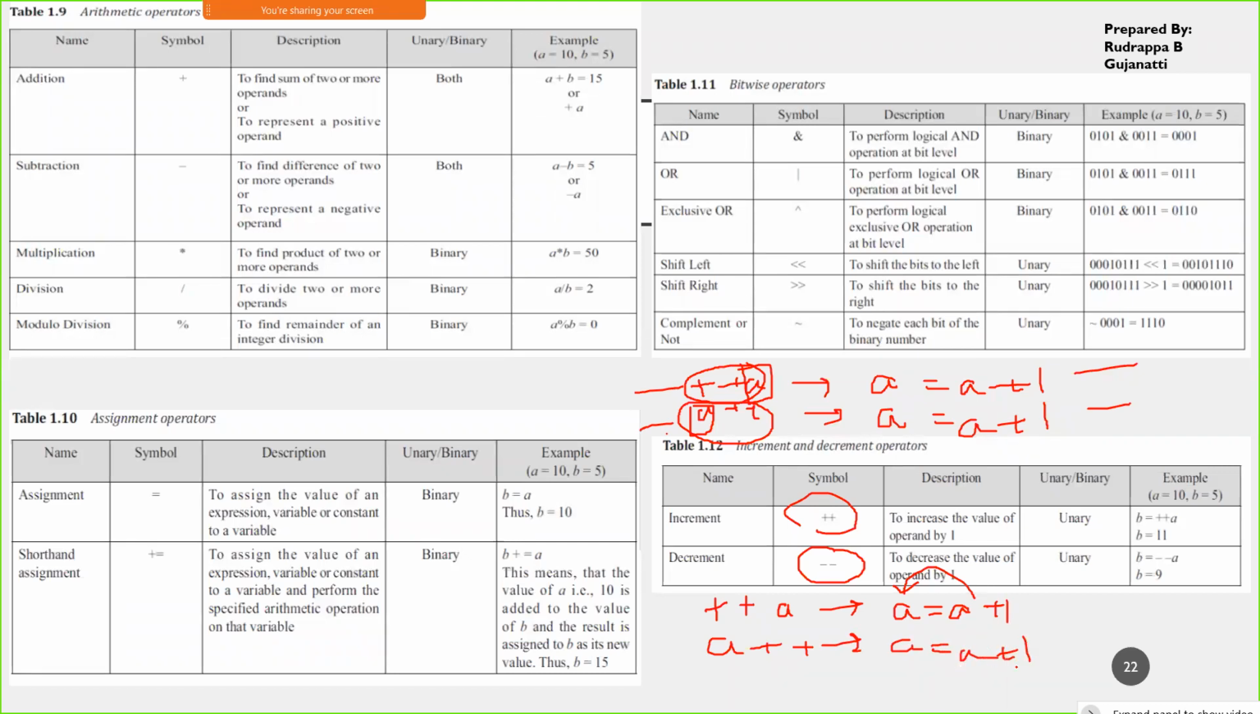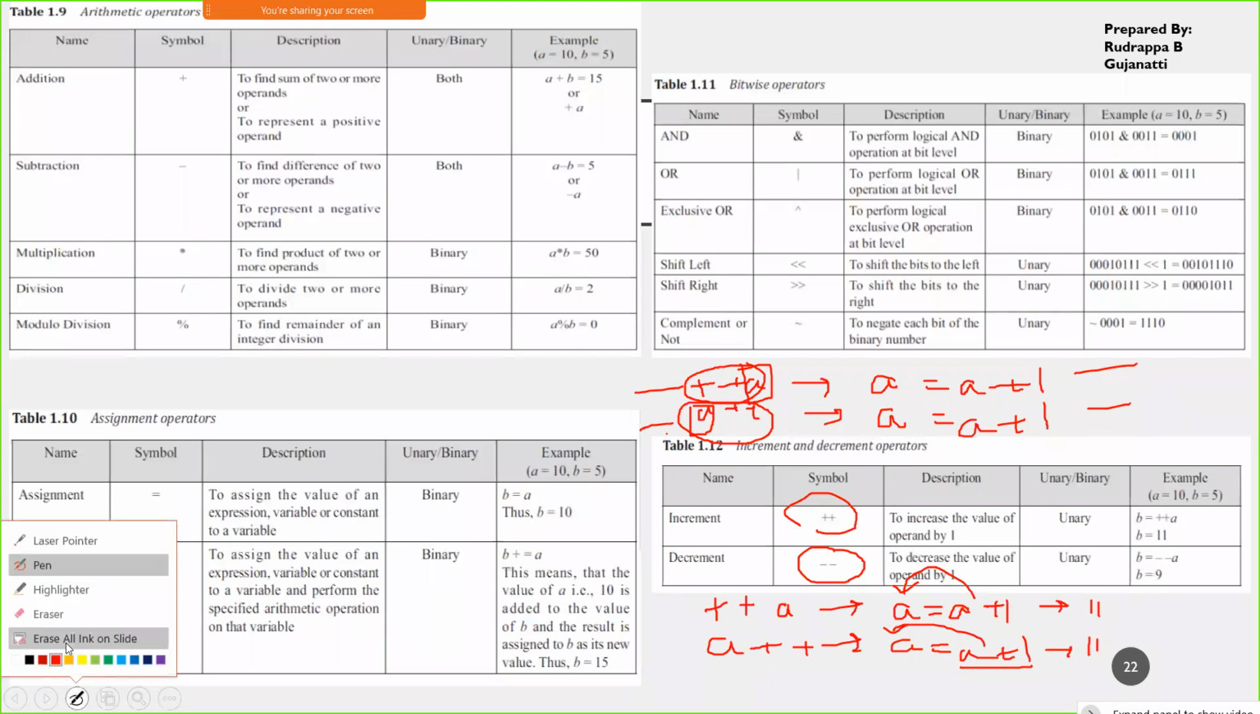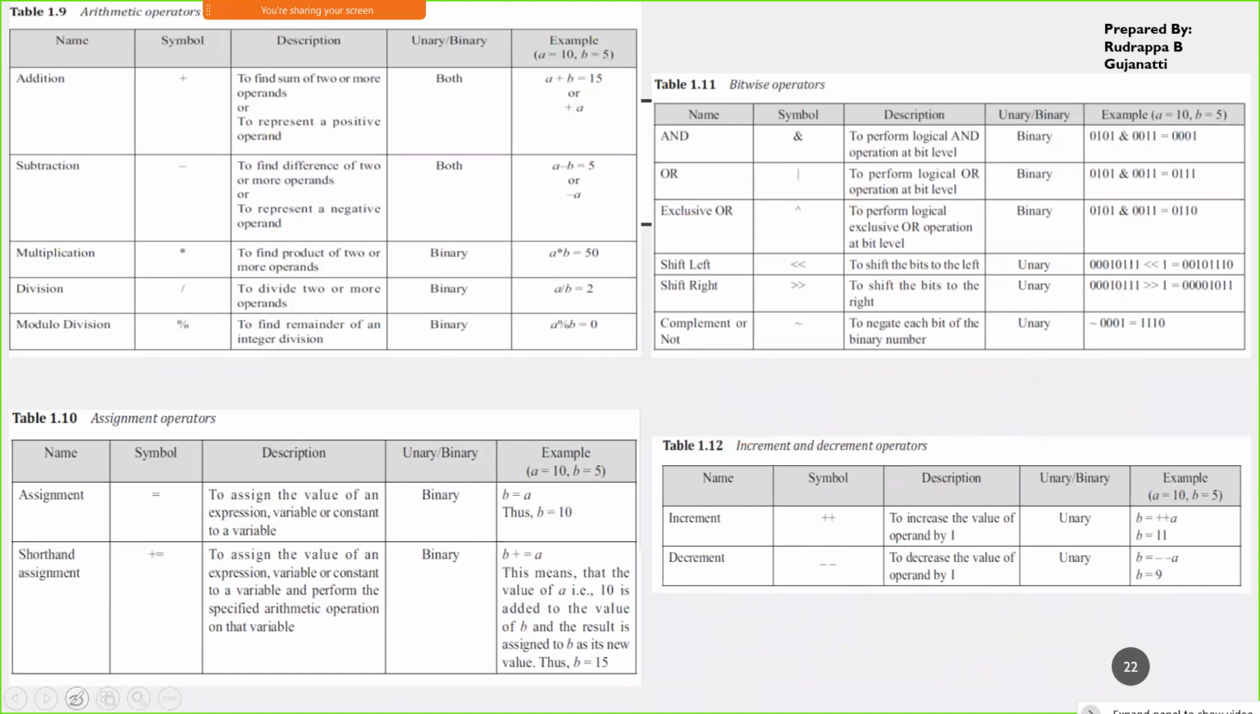It will increment a by 1 and then store it in a. So if a is equal to 10 in this case, after the execution a will be 11. Similarly, if a is equal to 10 here, after the execution a will be 11. Now another important thing to identify regarding the post and pre increment is